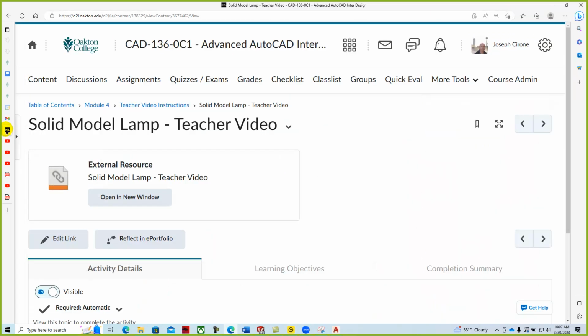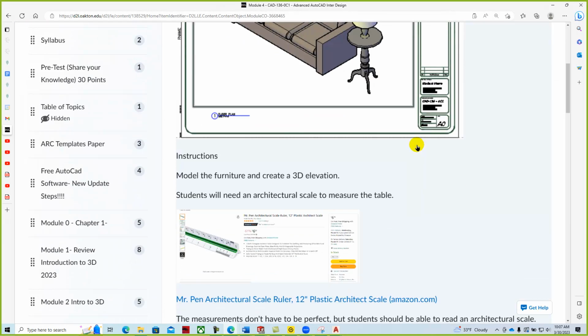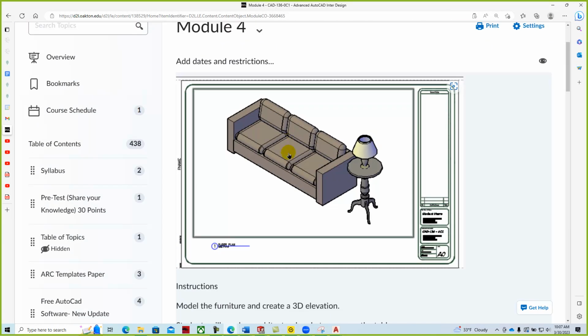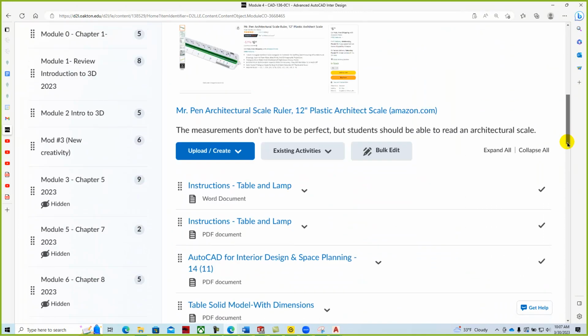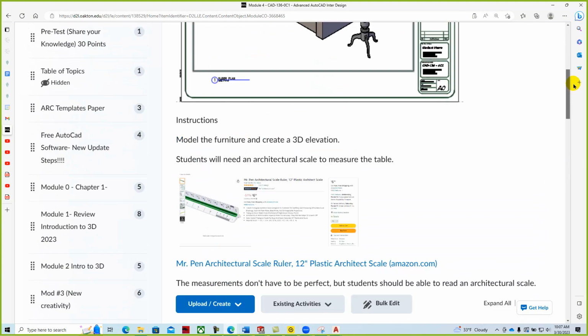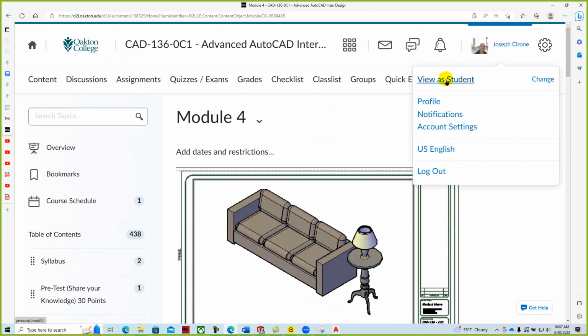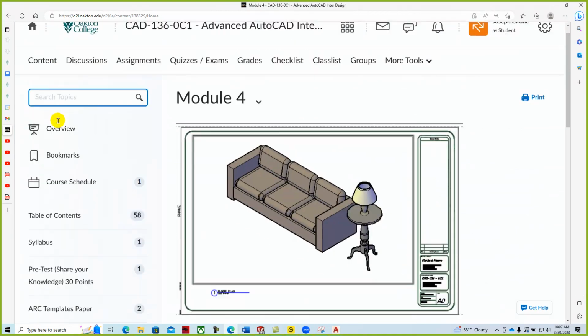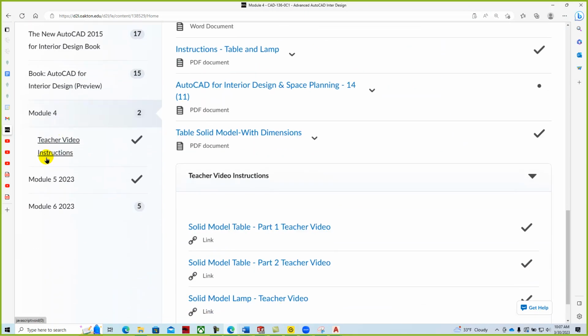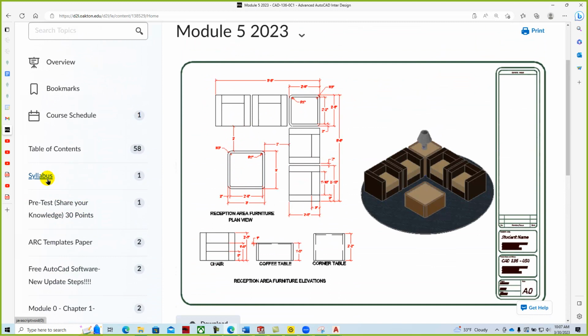Back to the main splash page, back to module 4, and that's basically it for module 4. We create the components, we assemble them, and then we put them onto a title block. And then looking to the future, if we take a look at module 5, module 5 will be this